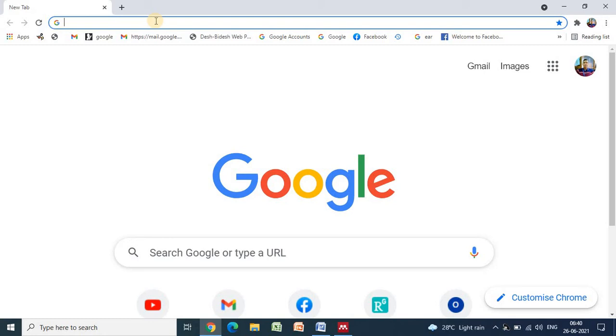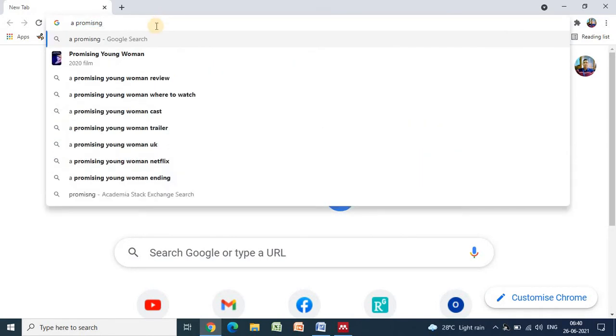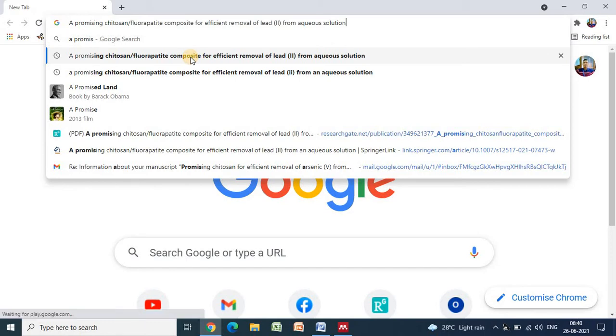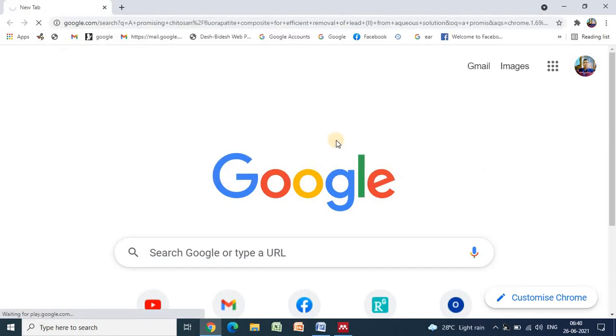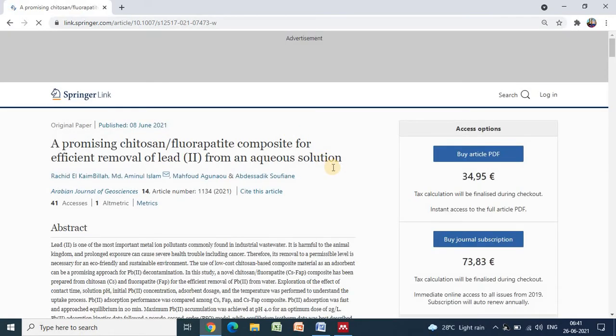For example, we have published an article named A Promising Fluorapatite Composite for Efficient Removal of Lead from Aqueous Solution. So here it is. Now, this is the article that I would like to